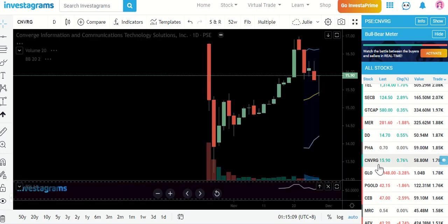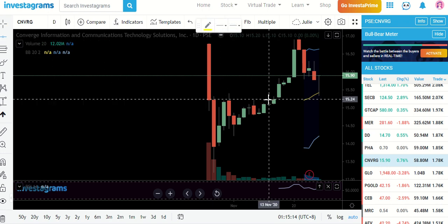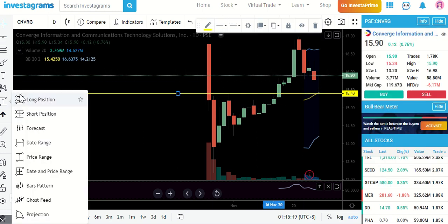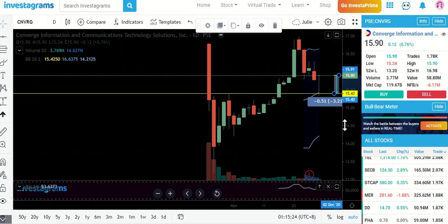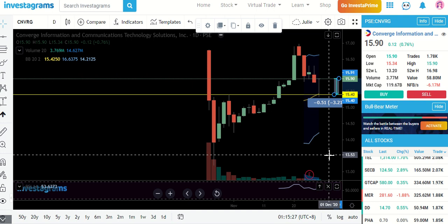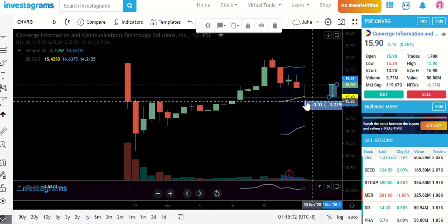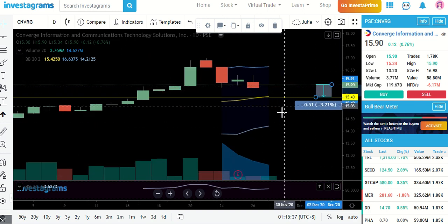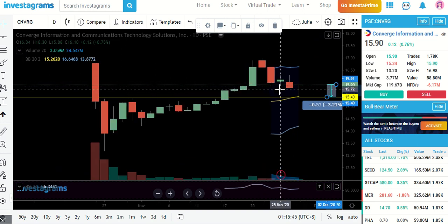What about Converge? Converge managed to bounce at the MA20. Look at that very long wick over there. So that was good job for those people who managed to catch it at the MA20 line, so 1540. So I'd say this could already mean some form of a bounce already. So anywhere between 1540 to 1590, like the area where it is at right now, that's already a good time